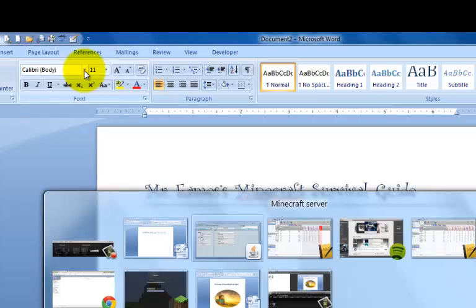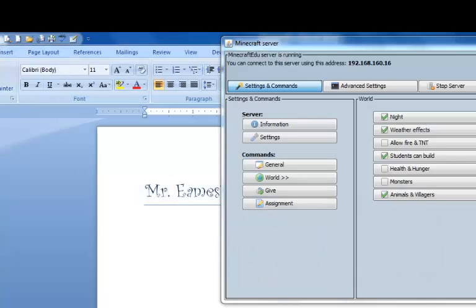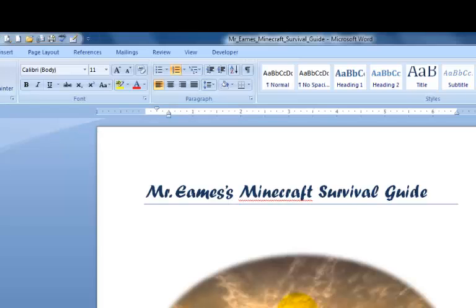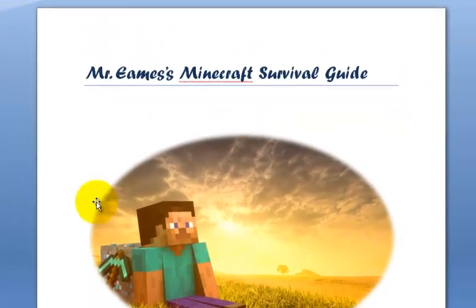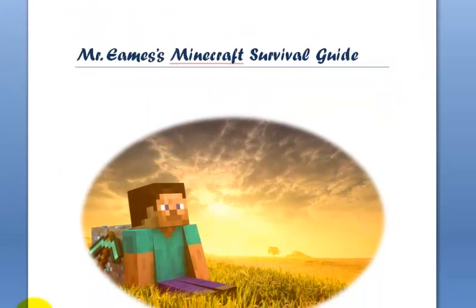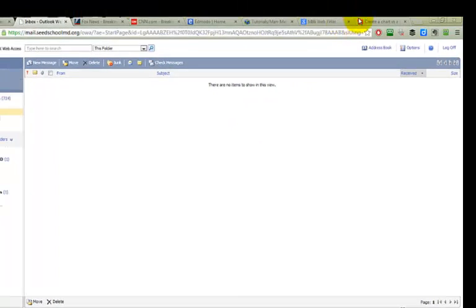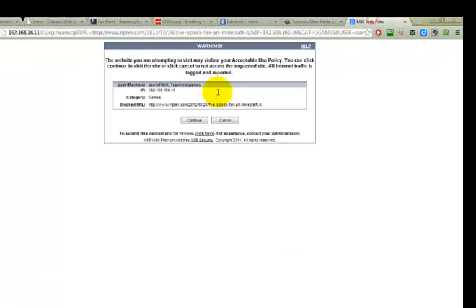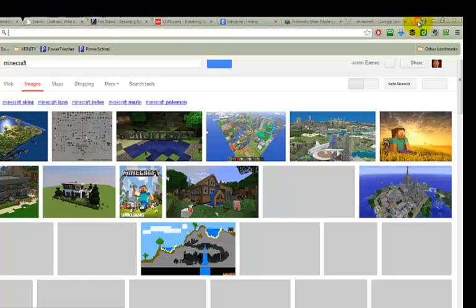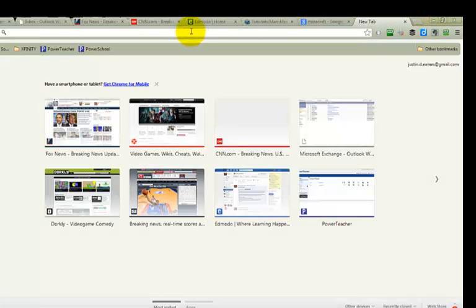You'll recall that if I switch back to mine, the next thing I did is I had a picture that I had found from the internet. So we're going to go to the internet, and really all I did was I went to Google Chrome and I just searched for Minecraft